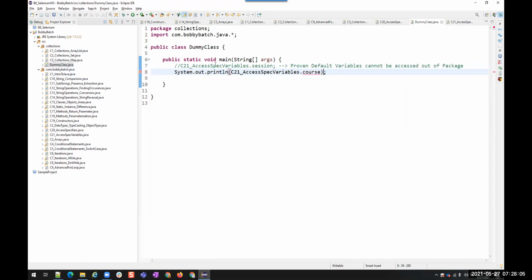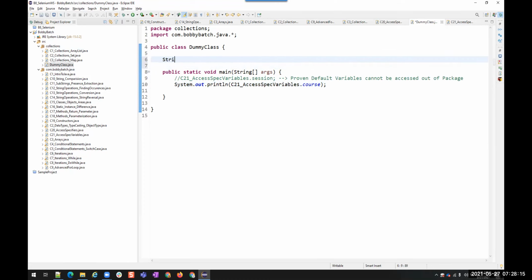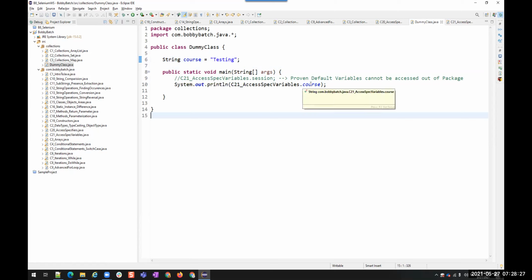In the same package, can I have a variable named course? Yes, we can. Let me create a variable called course here. We can have it, no issues. Because when you are calling this course variable, you are mentioning the class name.